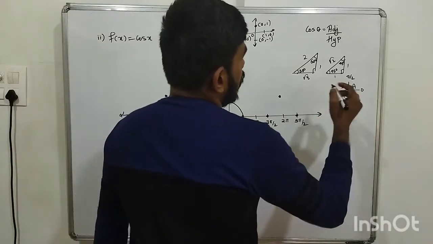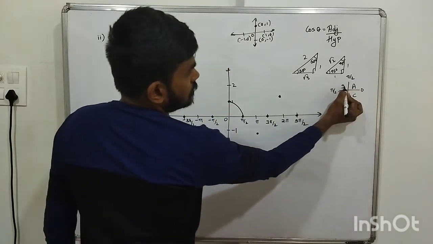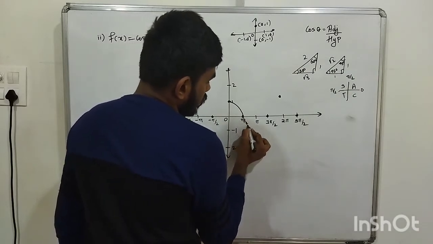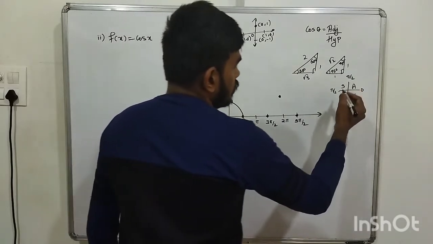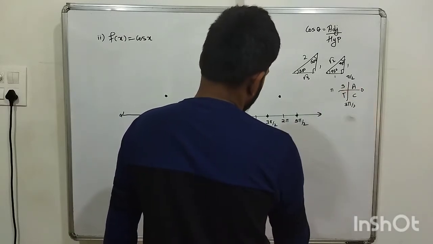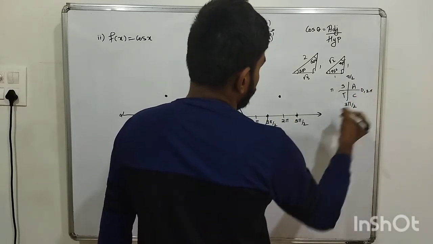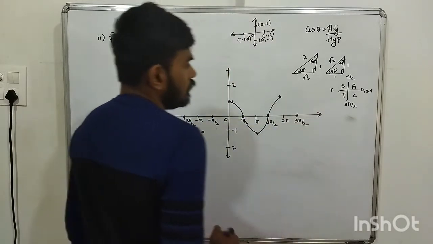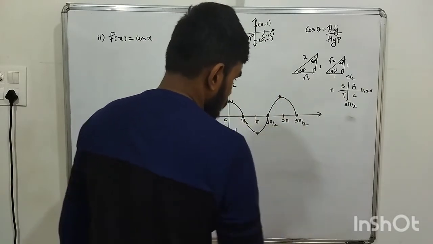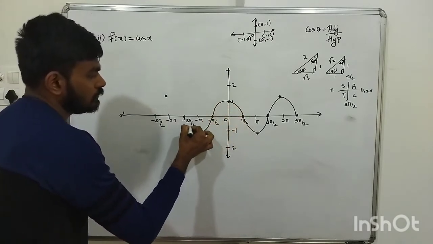Then from pi by 2 to pi, S means only sine and cosec are positive, so cos will be negative here, so here all the negative values will come. Okay, similarly, this is pi, then this is 3 pi by 2, so this will be negative, correct? And then from 3 pi by 2 to 2 pi it will be positive. Okay, and again for next, here it will be positive, see. Okay, so we get a graph like this, and same way we get a graph like this on this side. Understood, no?